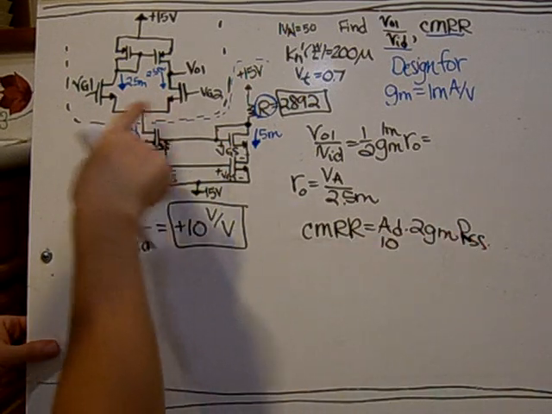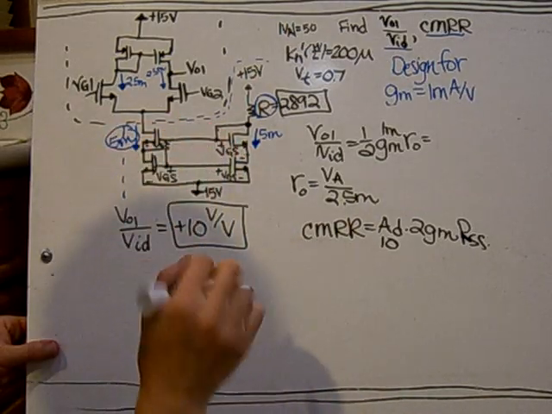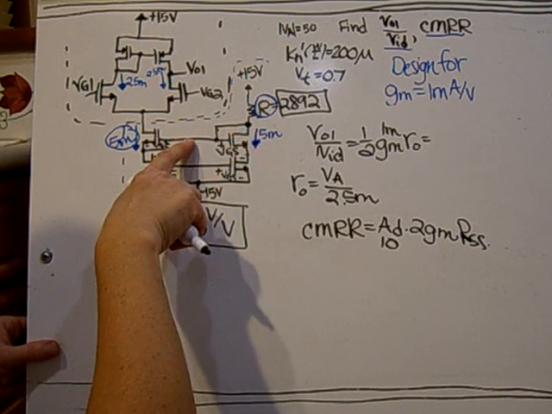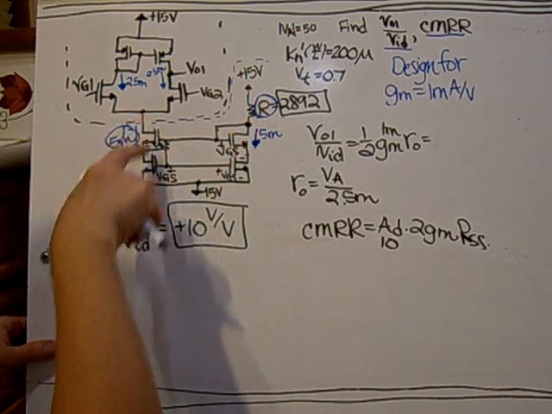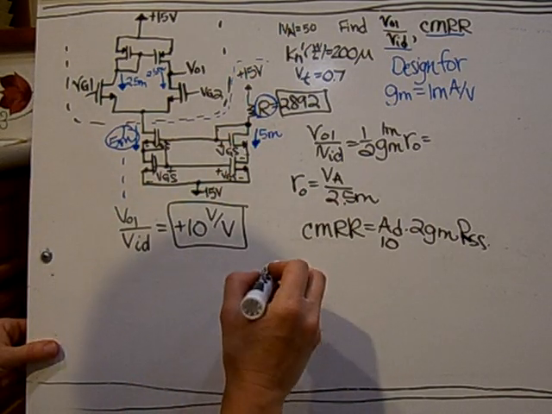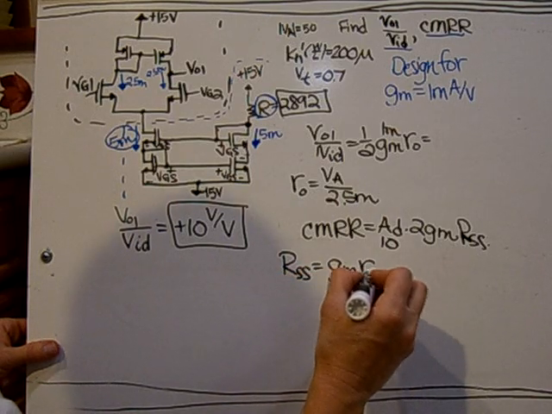So the resistance, though, seen from the current mirror. So this current mirror configuration actually looks like it will go to ground and to ground, and so it will end up looking like a cascode. And so the equivalent RSS will be GM RO RO,